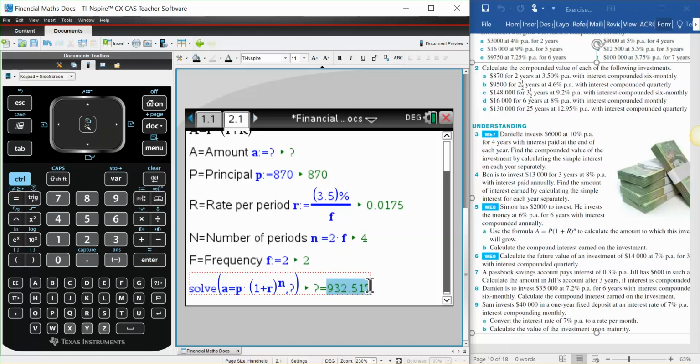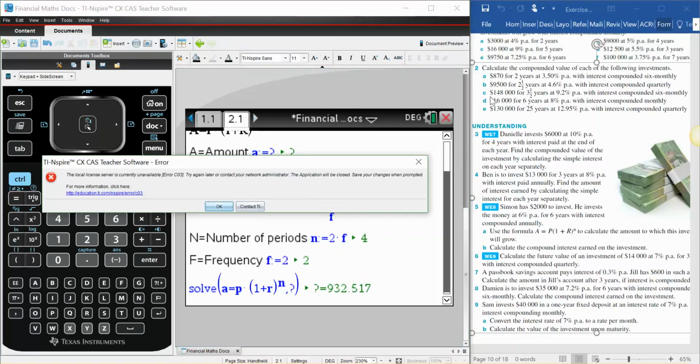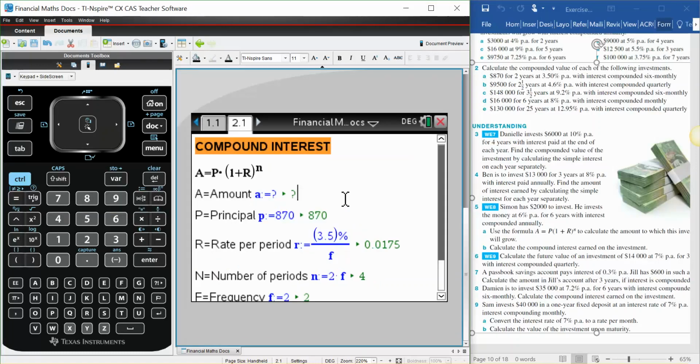What we then get is an answer of $932.52. So if we wanted to work out the actual interest, well, we'd go 932 minus 870, which would be $62. From here, we're just going to whiz through these next couple of questions. So we can see, all right, so if we then move on to the next question, we can see that